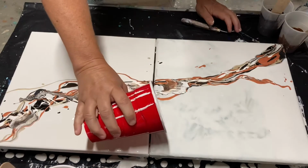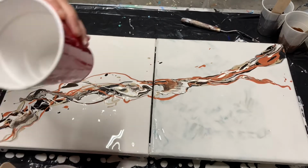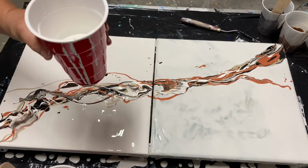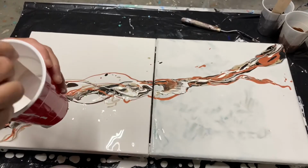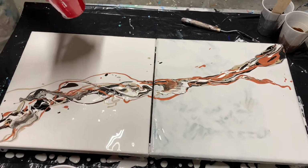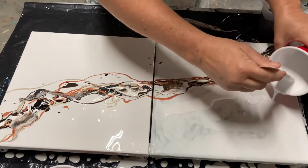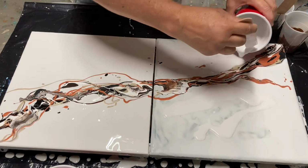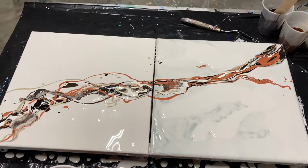I'm picking up a little more of the base paint and adding it to the canvas. Here I'm having to mix up a little more. A little Floetrol in there, some water. And I'm pretty disgusted that my base paint didn't cover the used painting, so I'm adding a bit more to